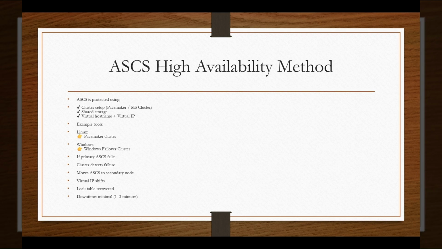Lock unlock mechanism will not be working, so the task or the function that uses this kind of mechanism requires lock unlock, that will be hampered, that will fail. And when this continues for some time, the system will become unstable and the data will become inconsistent. Okay, so ultimately the entire system will go down. So this is the importance of the ASCS instance, that is a central instance.